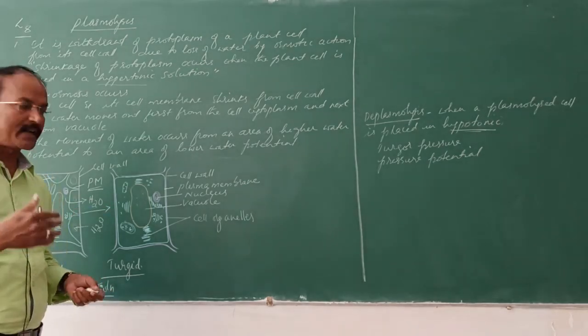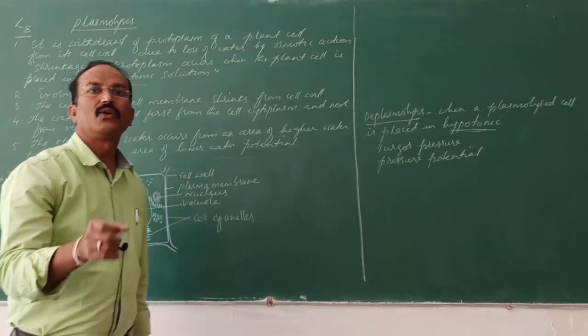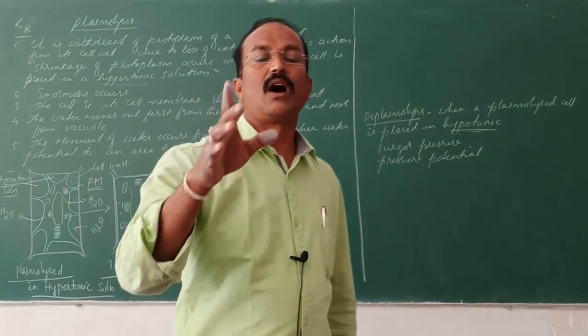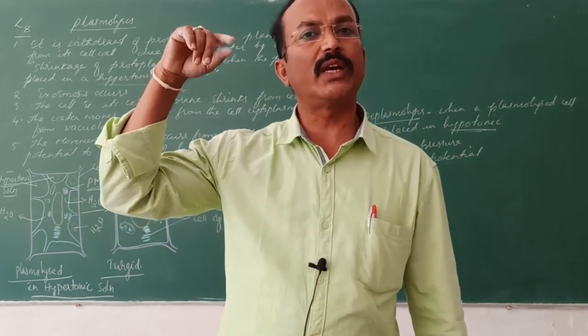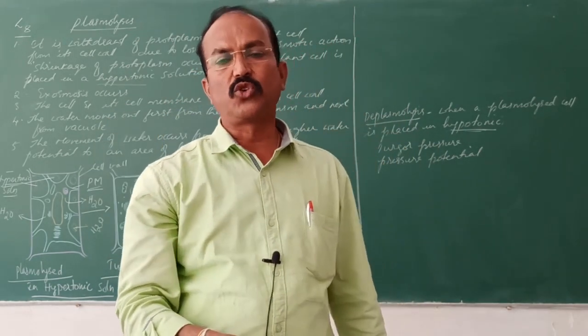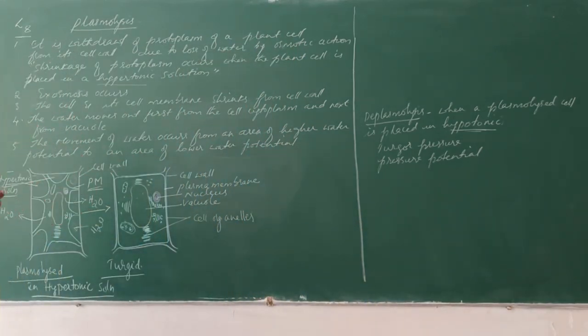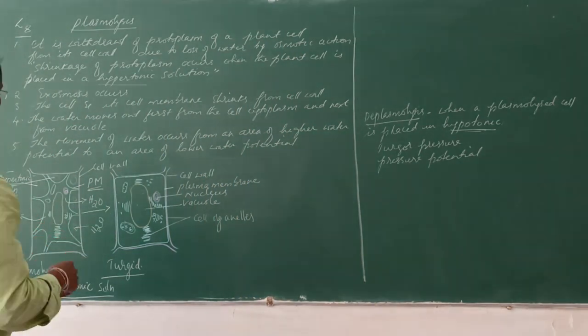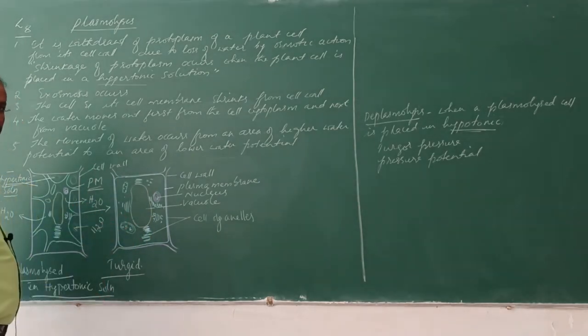When the water starts entering, because here only the salts will be present, water will be very less. This plasmolyzed cell is osmotically very negative. Osmotic potential is negative. Understand? So water potential is too low. Up to minus 30 bars can be seen in the plasmolyzed cell. When it is placed in water, it again regains its structure suddenly.